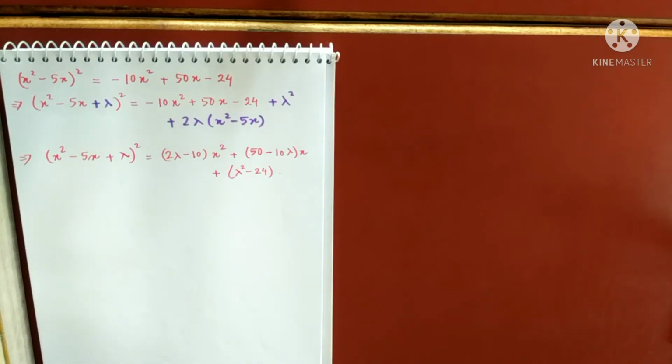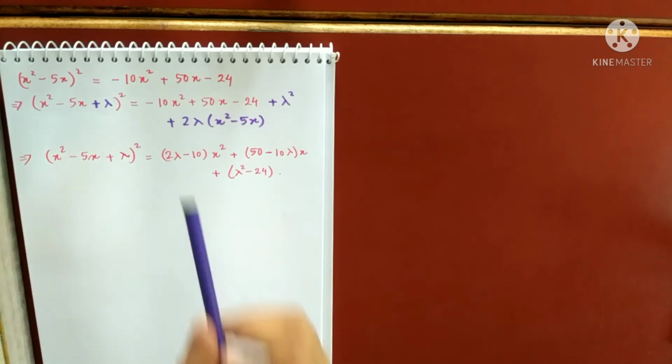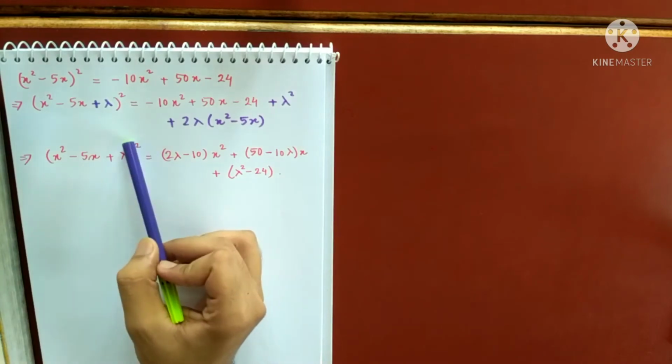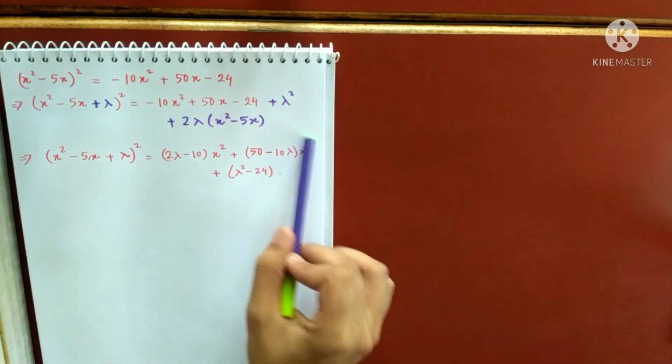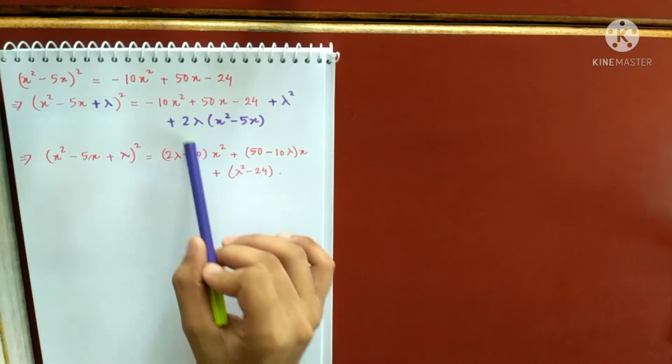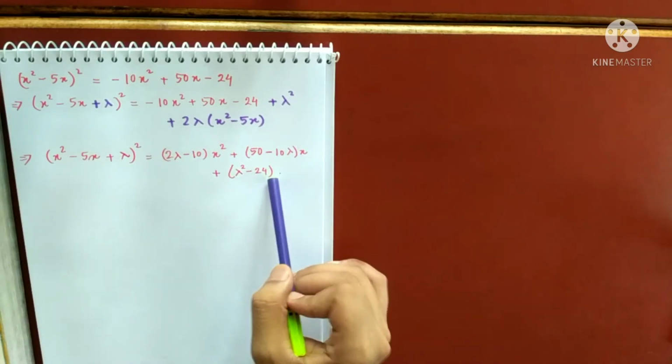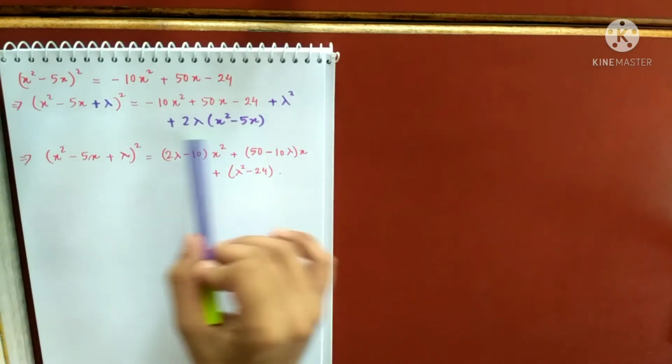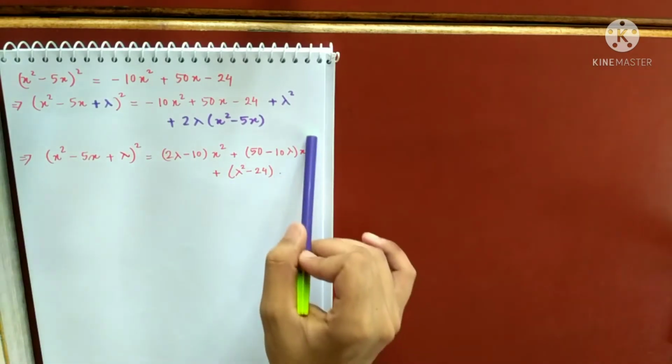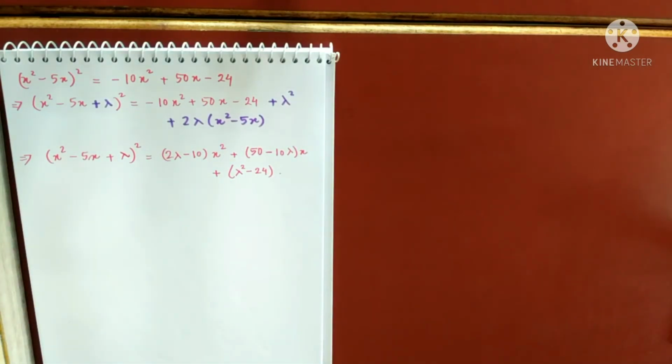And under what condition both the roots are equal? When discriminant is 0, that is b square minus 4ac equals to 0. So this is the condition. So you see, what was my aim? I have a perfect square here. I also want a perfect square here, and this is a quadratic. Can you see? Ax square plus bx plus c. I want to write this quadratic as a perfect square. So when can I write that as a perfect square? When the discriminant is 0. That means when b square minus 4ac equals to 0.